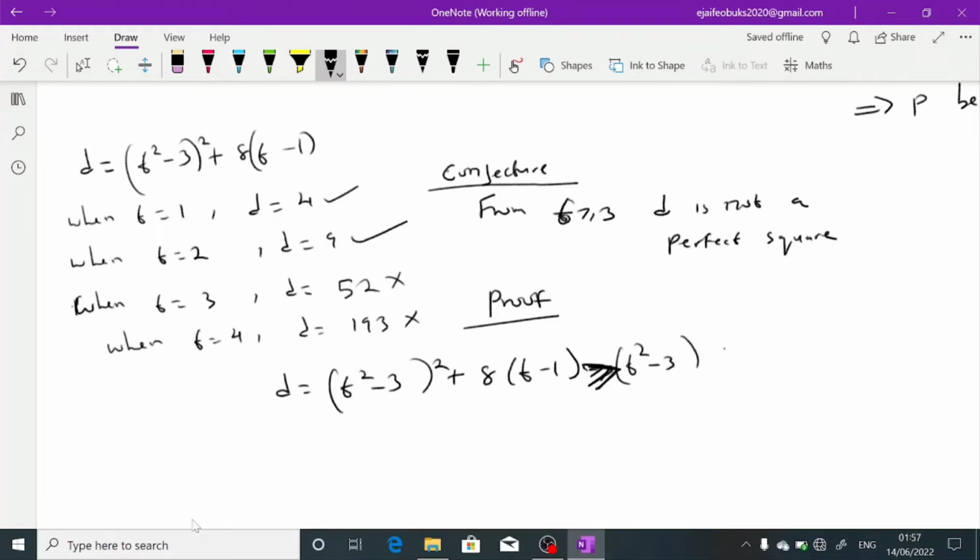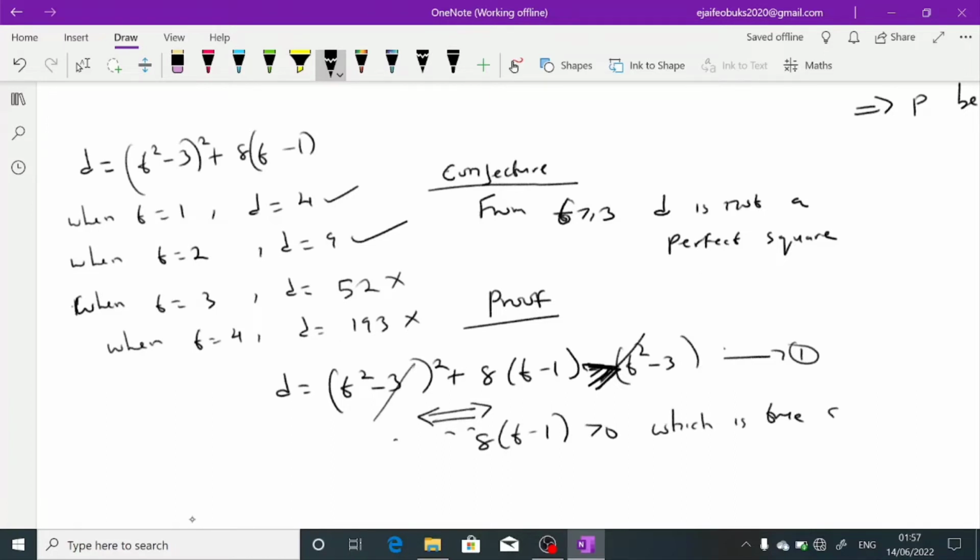Why is this true? So I'm claiming this first one. Let's call this 1. And this is true if and only if d square minus 3 all squared. Okay, no need to do much here. You can see why this is true, because this can cancel this, and this is true if and only if 8t minus 1 is greater than 0, which is true